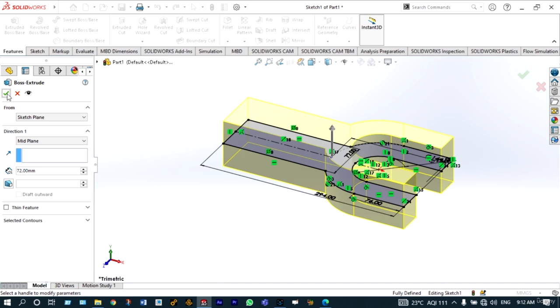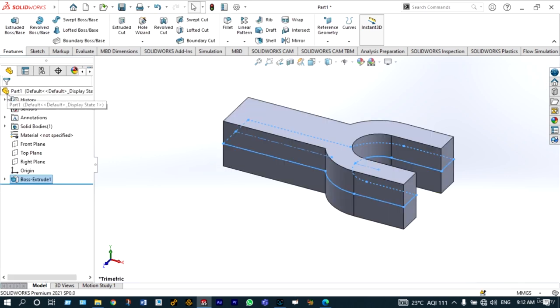Extruded. Accept this green check. This is accepted with green check. So the top part is done. Next one, we can see the drawing again, and we have to proceed on the left hand side for completing